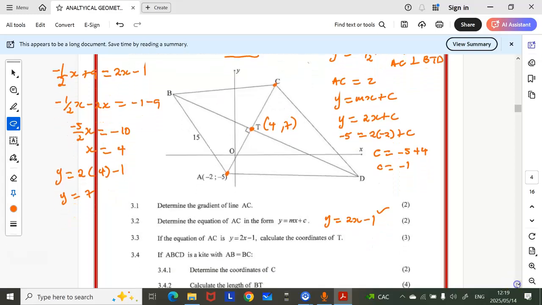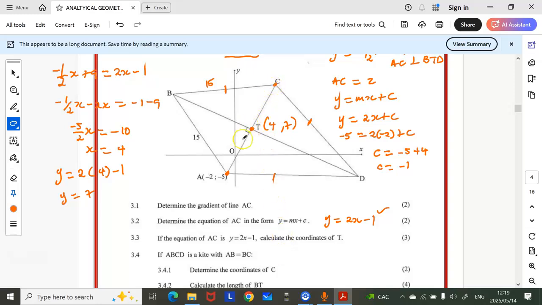3.4. If ABCD is a kite with AB equal to BC. So they are qualifying this diagram to be a kite. A kite means this side is equal to this one. So even this one is equal to 15 units. And then this line will also be equal to this one, right? So this is a kite. Now we are treating this diagram as a kite. Determine the coordinates of